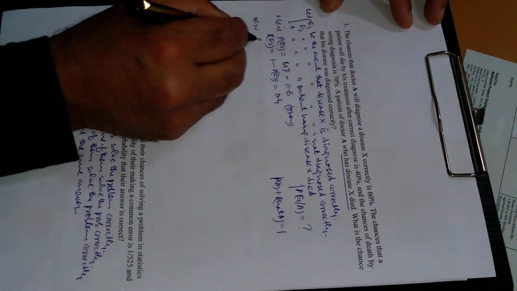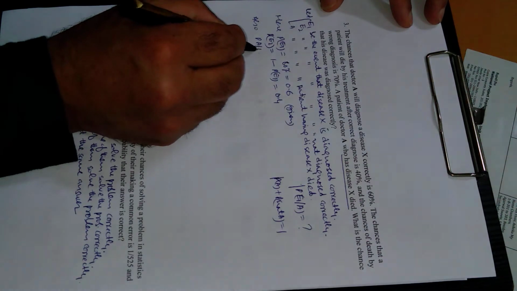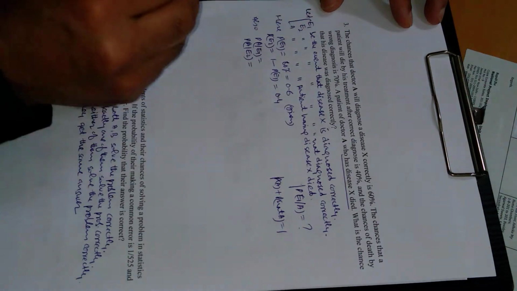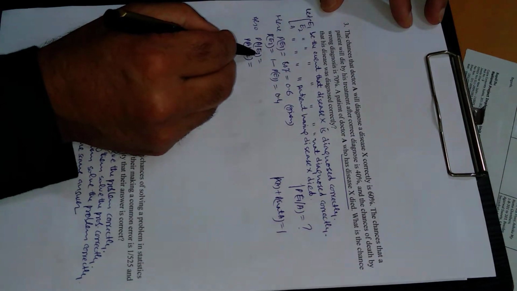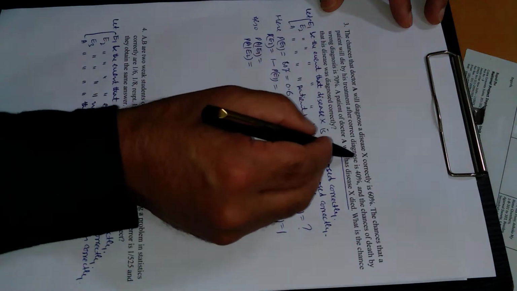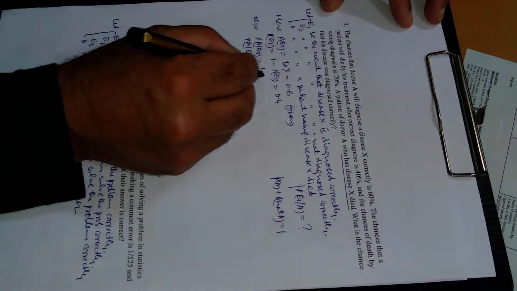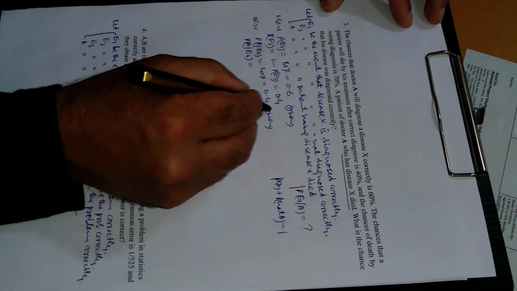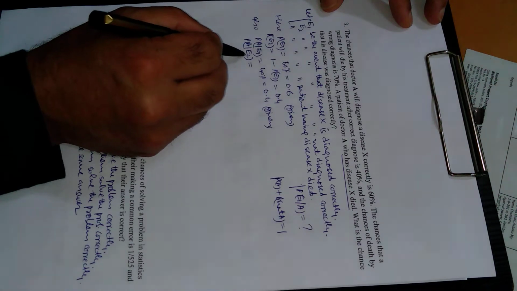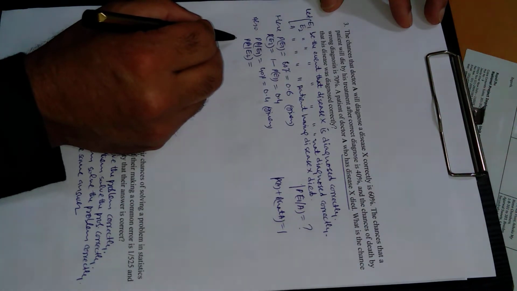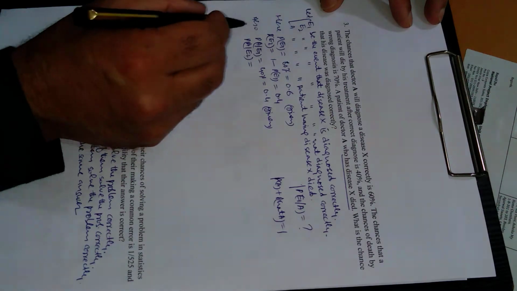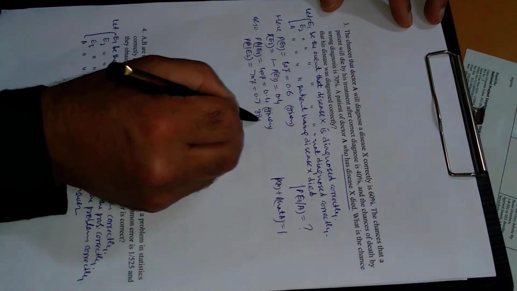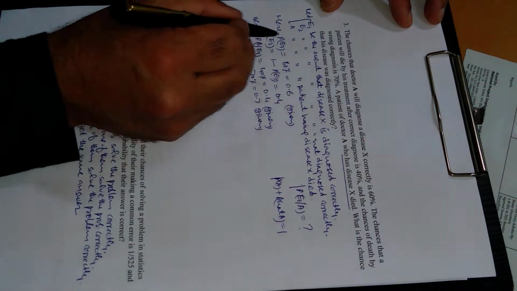Also, P of A when the patient died and is diagnosed correctly: this probability is given to be 40%, which means 0.4. Patient died and he is not diagnosed correctly: this probability is again given as 70%, so this is 0.7. All these probabilities are given, and E2 is just the opposite of E1.